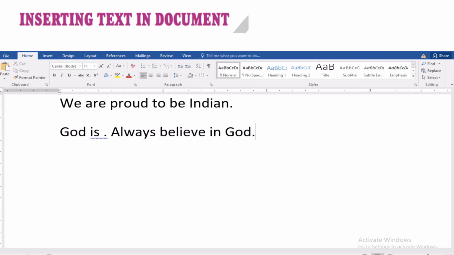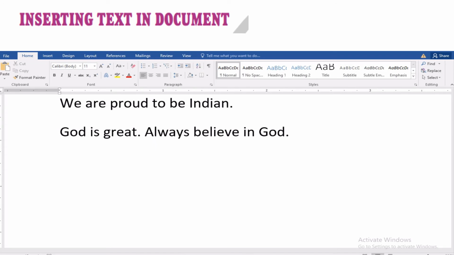So what can I do? If I was writing in my notebook, then I would have to erase everything and then write. But here I can move my cursor or insertion point to this place, with the keyboard arrow keys or by the mouse cursor, and then I will write here great.